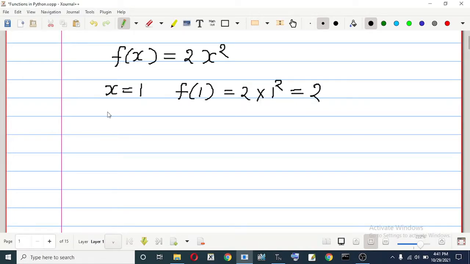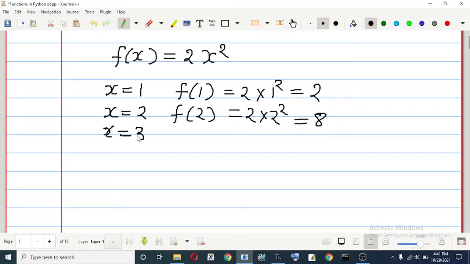If you put x = 2, f(2) is 2 into 2 square, which is 8. If you put x = 3, f(3) is 2 into 3 square, which is 18.